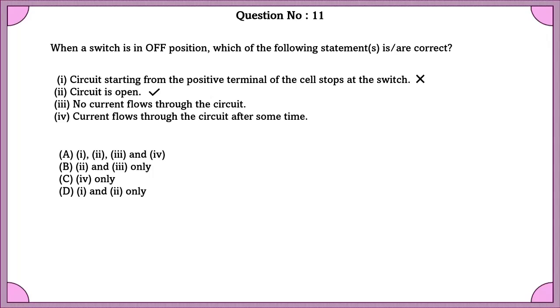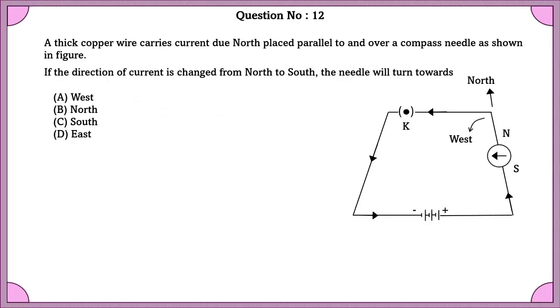Third, no current flows through the circuit. Yes, this is also true. Current flows through the circuit after some time. False. Question number 12. A thick copper wire carries current due north placed parallel to and over a compass needle